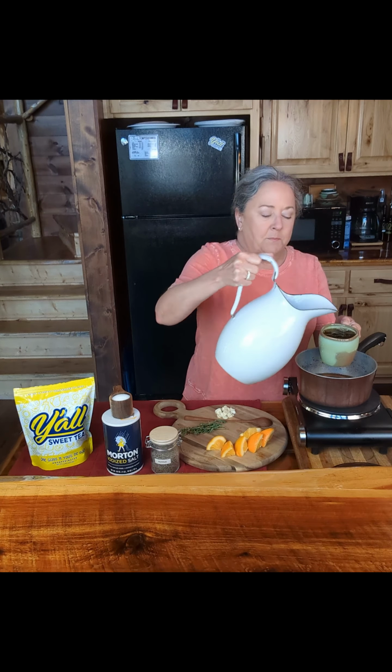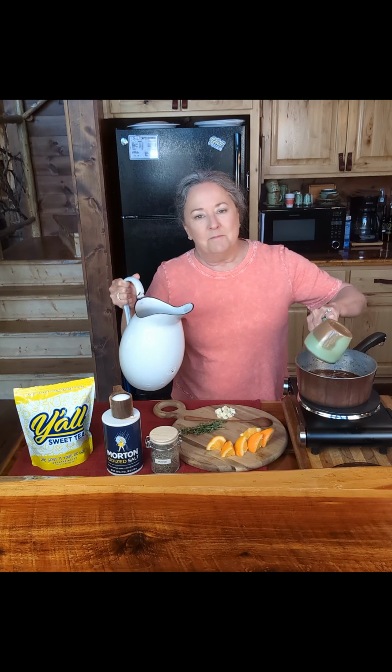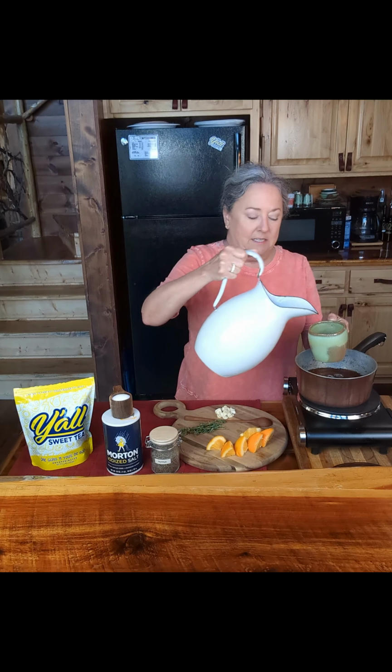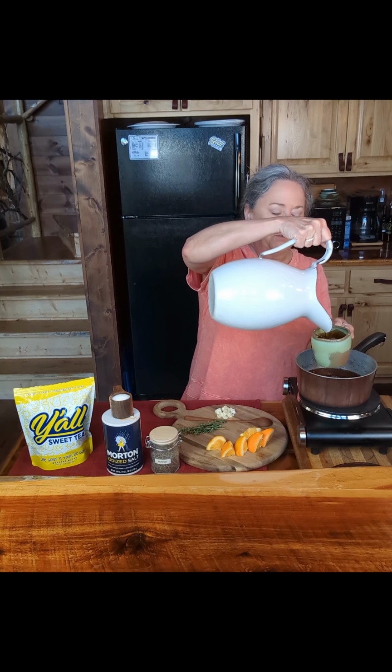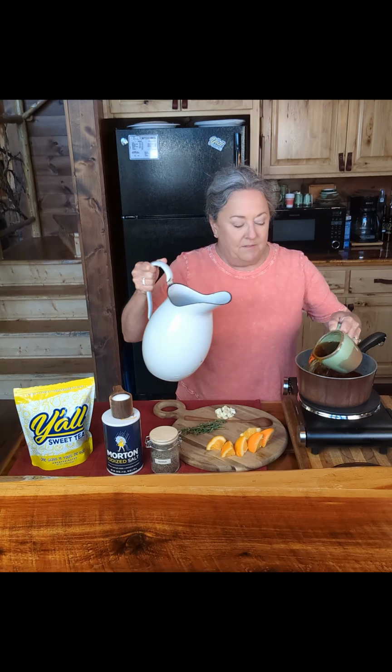But it is a boneless, skinless turkey breast with cranberry sauce and orange juice and a homemade Lipton cup of soup. That's not a cup of soup. Lipton onion soup mix, and I'm going to make that from scratch, so that's going to be MSG free and